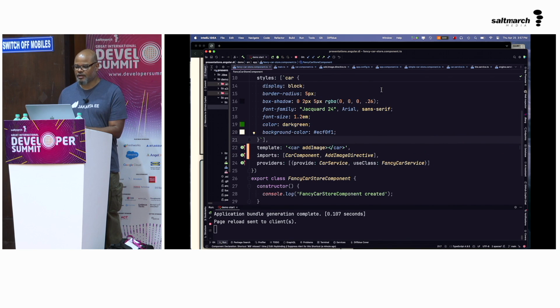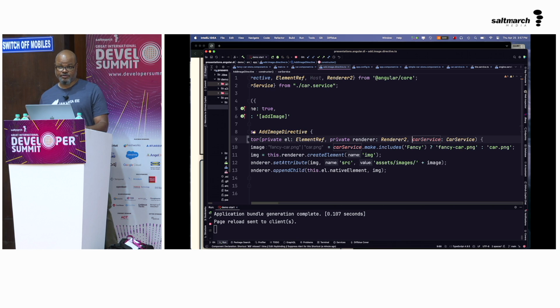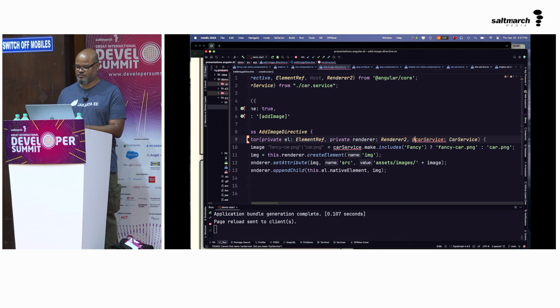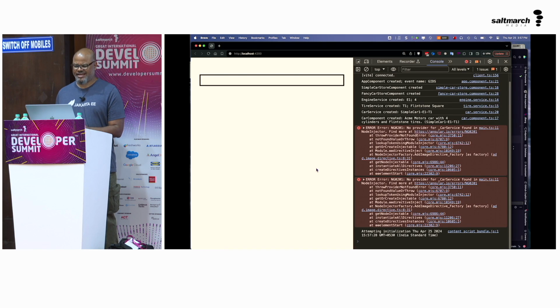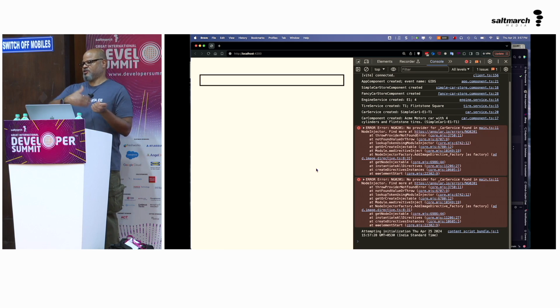Now what's interesting is, go back to my directive, we don't have anything going on here. But if you want to make sure that you're getting it from the host, you could do things this way. You could add this host decorator, okay? And that didn't seem to work, right? The reason it didn't work is because the host decorator says only get it from the host's injector, whereas the other way we're doing it was going up the tree essentially. So if you want to ensure that you're only getting it from the host, you can use the host decorator. In this case, it doesn't really make sense to do that, okay?